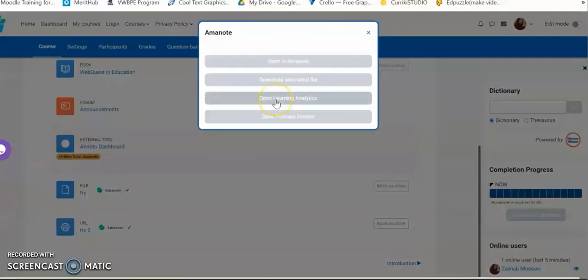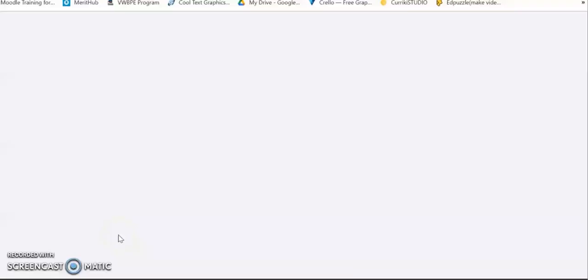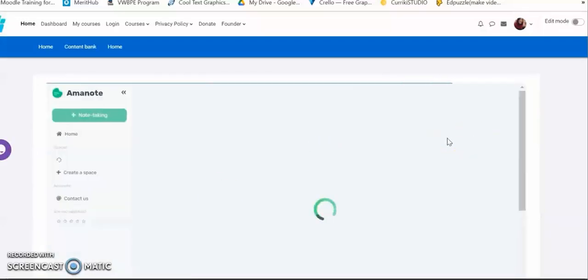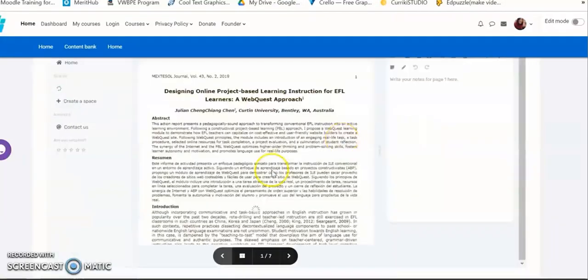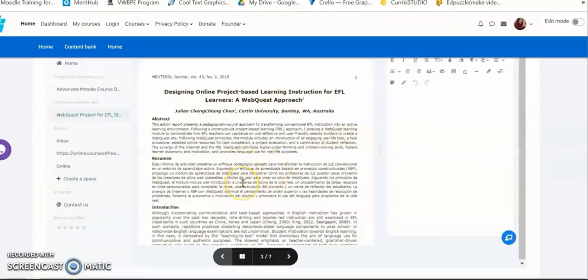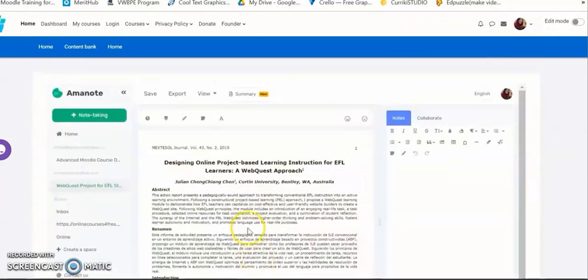Let's see what we can find here. Open in Amanote. This is a PDF I've added to the course, and through Amanote students can interact, can give their comments, can